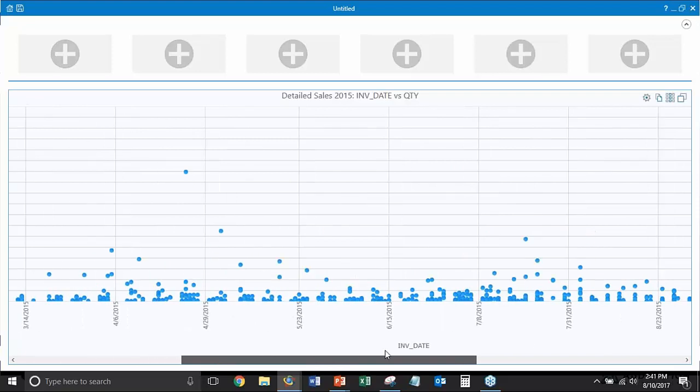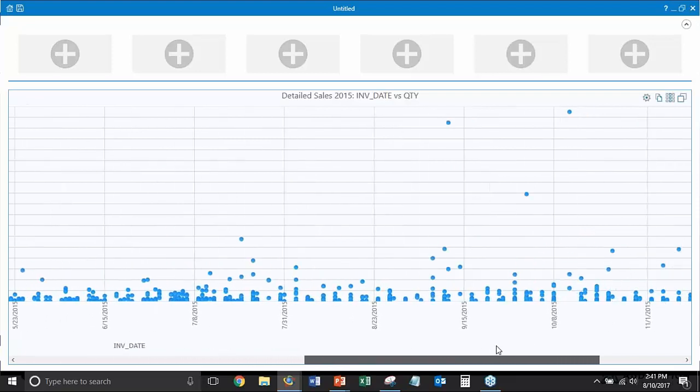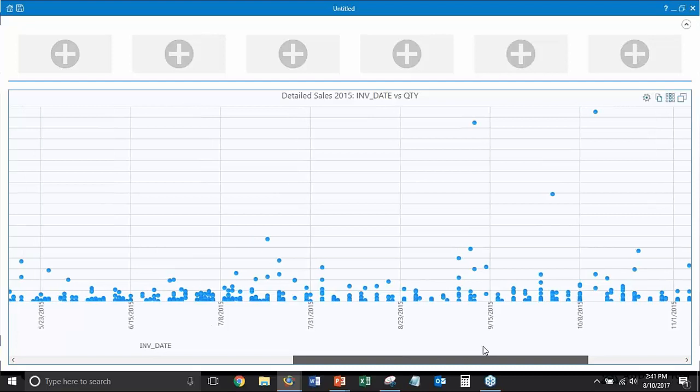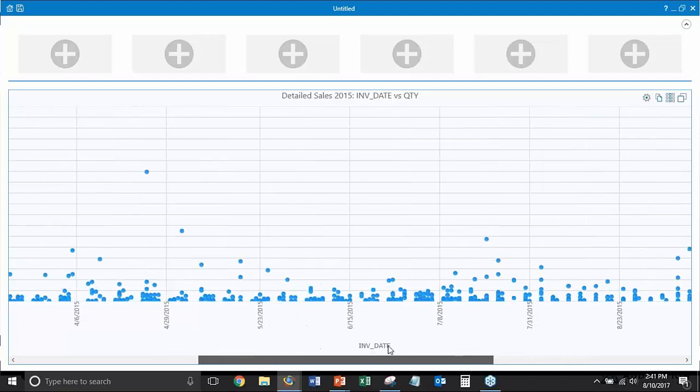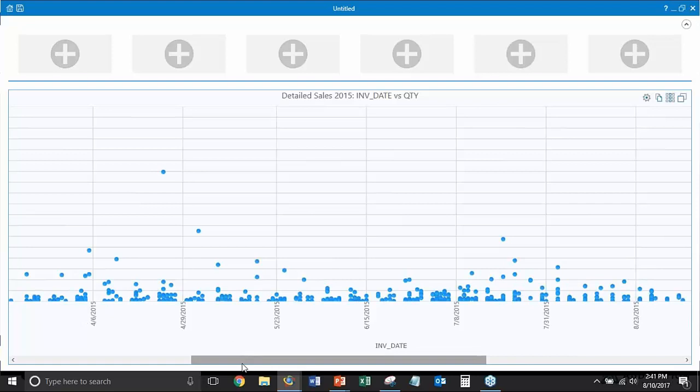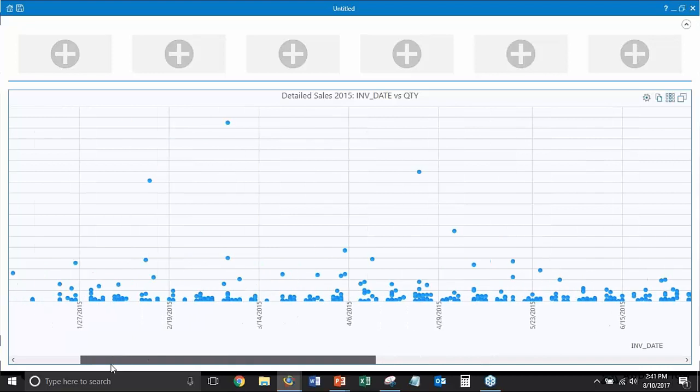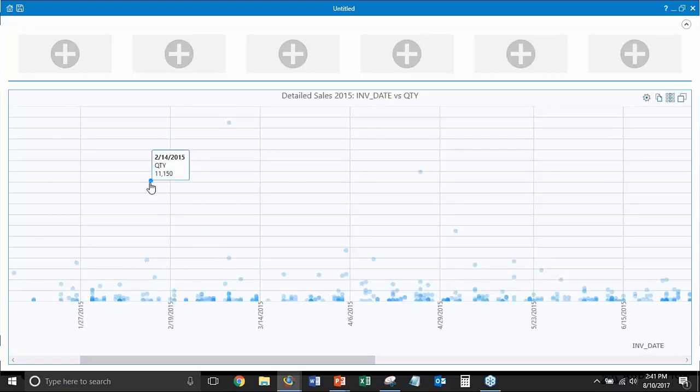If I scroll all the way to the right, you can see each one of these dots represents a record. So if you have many transactions, they will tend to be grouped together into clusters, and we see that evidently down here. The dots that fall outside of those clusters would technically be the exceptions or outliers. So you got this guy over here, you got some of these that are all by themselves. These would be considered the exceptions. So scatter charts could be an effective way to see the outliers within your data set. So these are the things that fall outside of what's normal within this database, because everything here is clustered